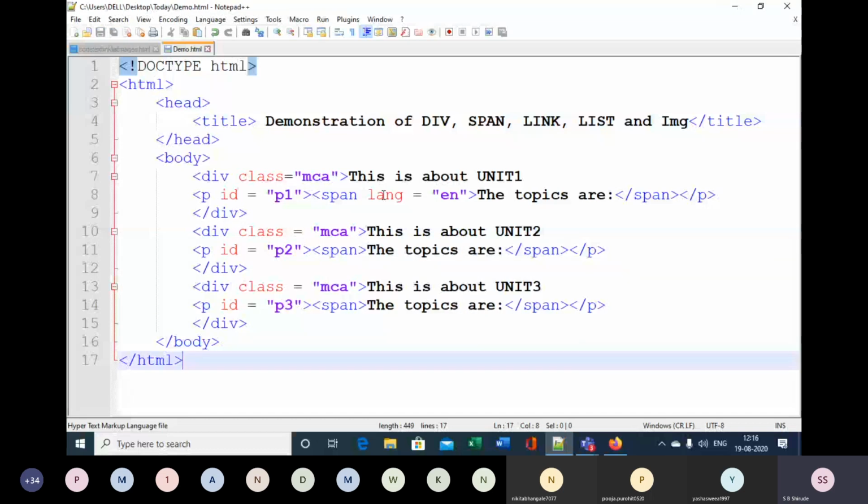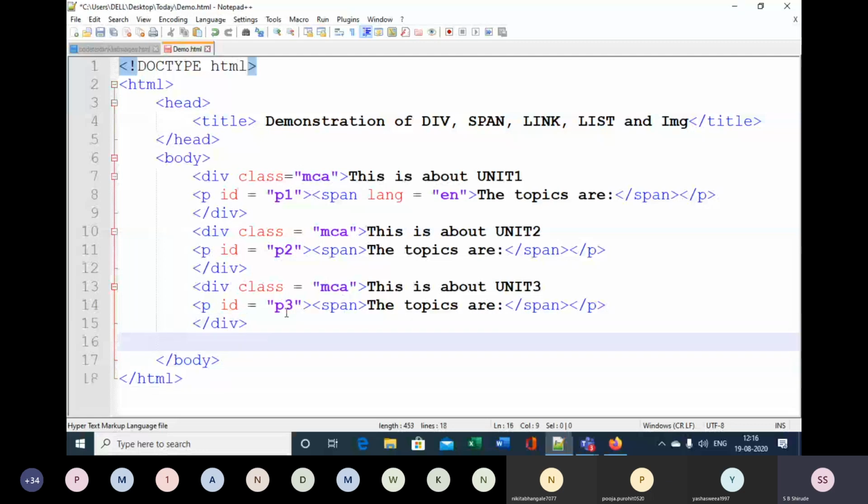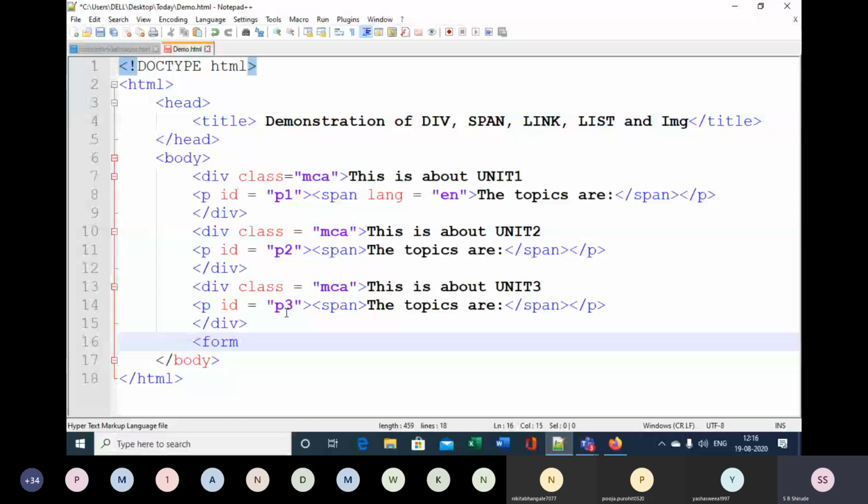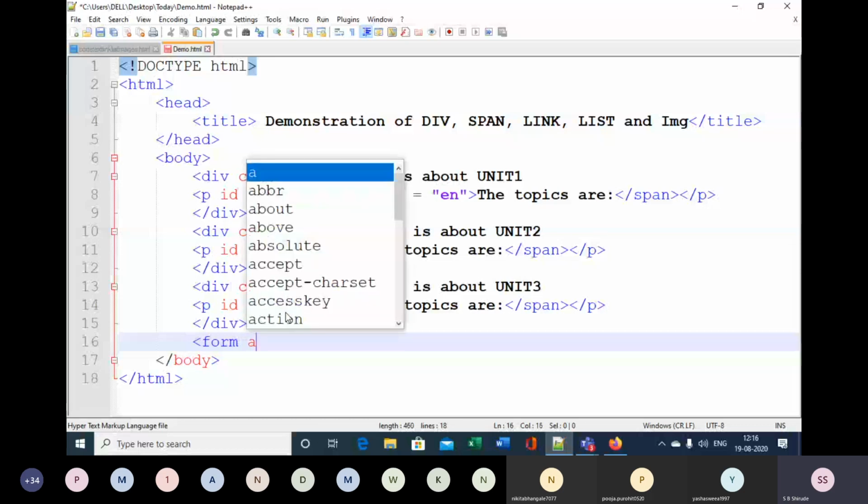Okay. Now one more attribute is title. The title attribute gives additional information and sometimes it appears as a tooltip. If you want it to appear as a tooltip, normally we make use of it in the form. So for example, if I put a form, action is equal to some value, method is equal to either get or post.